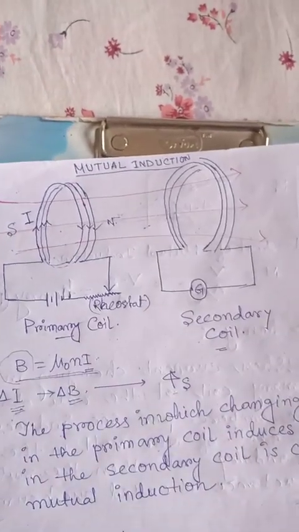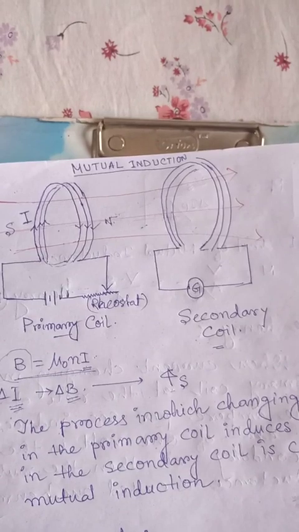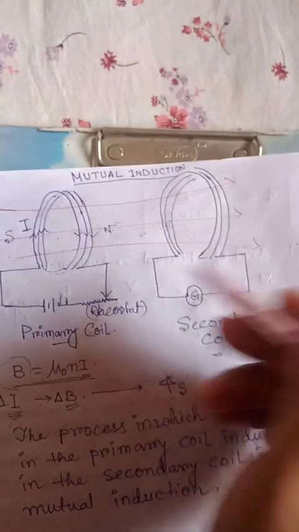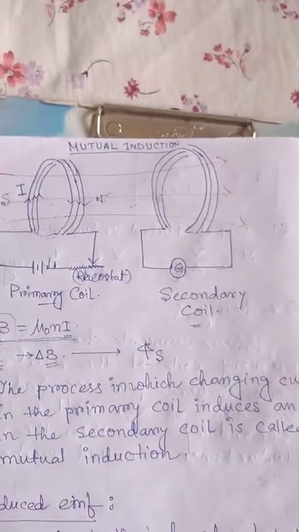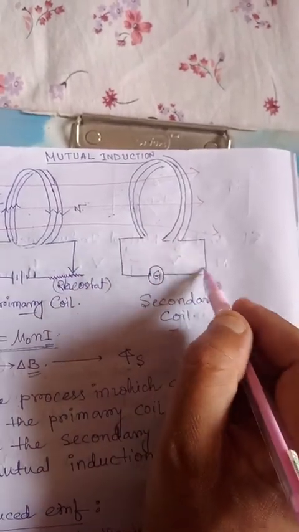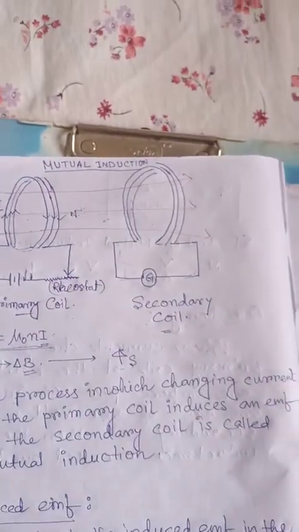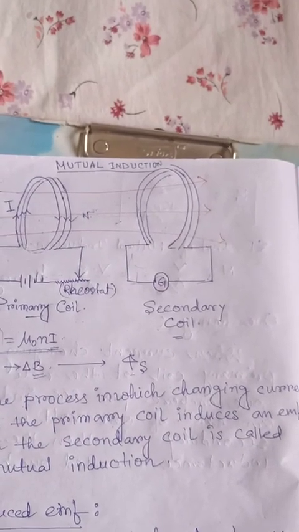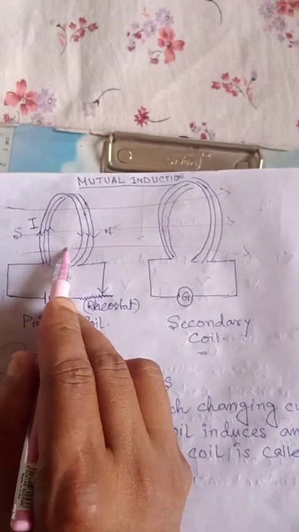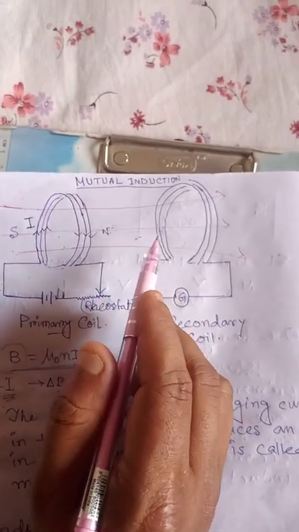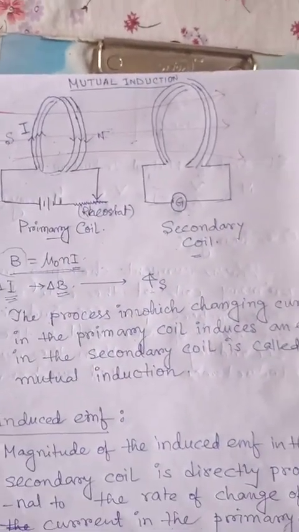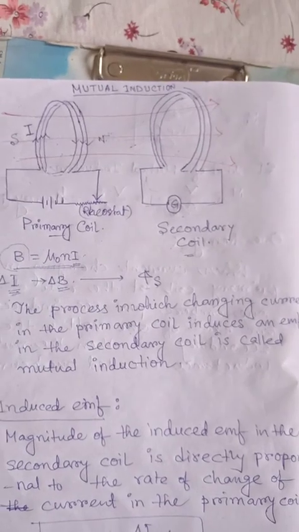So as the magnetic flux through the secondary coil changes, it induces an EMF across the two terminals of that coil. If we connect and close this coil with a galvanometer, then some current flows through this coil. So due to the flow of current through the primary coil, there is an induced current in the secondary coil, and the galvanometer shows a deflection. And this process is called